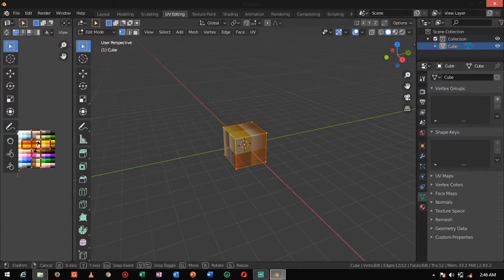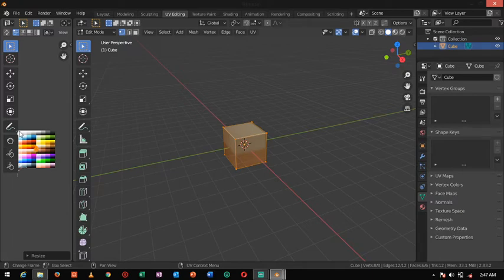You will use scale and make it small. Now it's too small. Okay, now we will use the starting one.